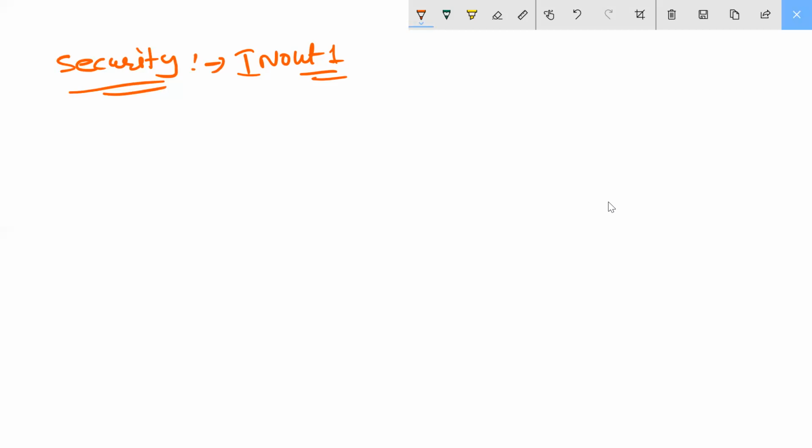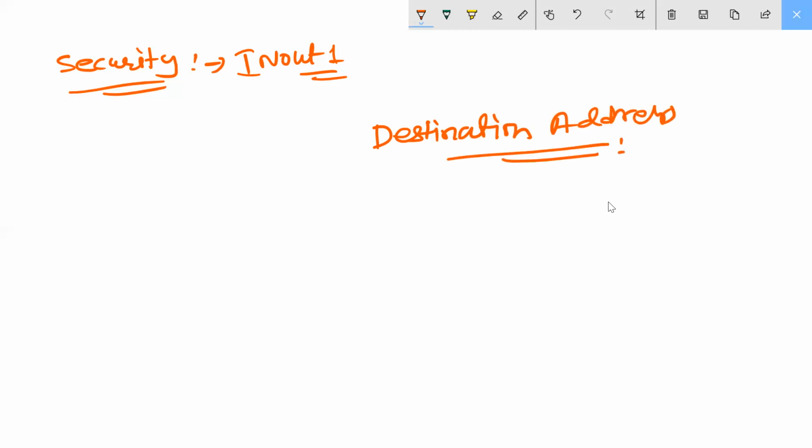Then after you should come here, destination address. Inside the destination address, you have to give the IP address I'm telling you. That is your translated IP. It should be your translated 206.3.